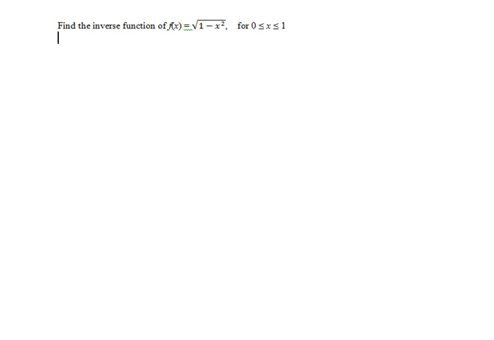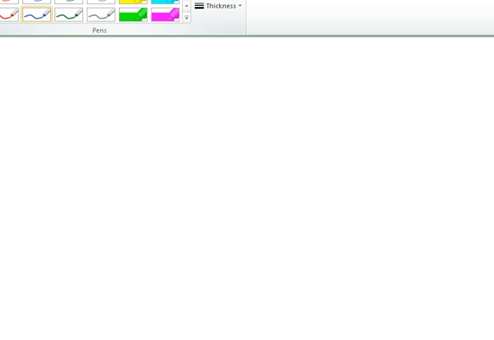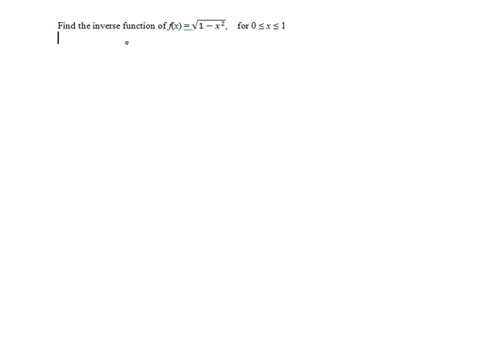Find the inverse function of f of x equals the square root of 1 minus x squared for x between 0 and 1, including the 0 and the 1. So first of all, let's write the equation in two variables for x, for f, and it will be y equals the square root of 1 minus x squared,